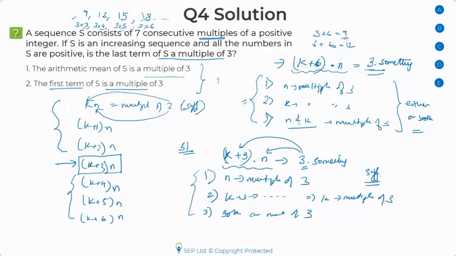So the correct answer in this case is going to be option D, which about 65% of you marked, which is good. The only learning in this case which I wanted to give you was regarding the 7 consecutive multiples part. And obviously the inference is always there. That's a learning which I always want you to have for all questions. But while writing your expressions, make sure to check whether it's any 7 consecutive or the first 7 consecutive.